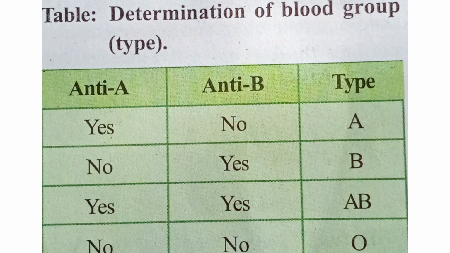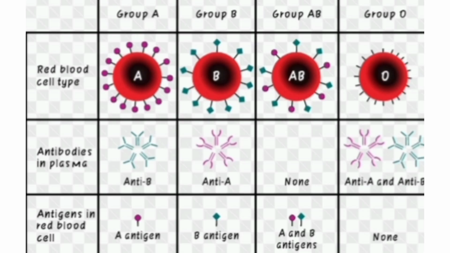Students clear? Next, independent of whether agglutination occurs in anti-A and anti-B serum, clumping may or may not occur in anti-RHD serum. If agglutination occurs in anti-RHD serum, the Rh factor is positive, and if it does not, the Rh factor is negative. Students, observe the table carefully. Headings: Group A, Group B, Group AB and Group O. So these are also blood groups.